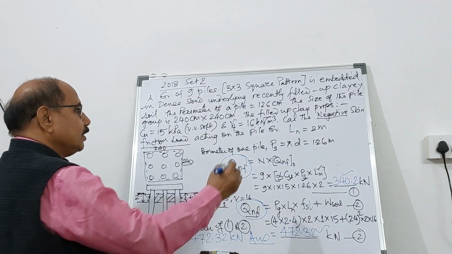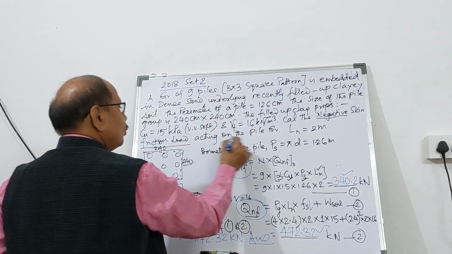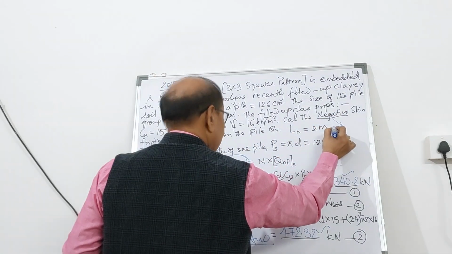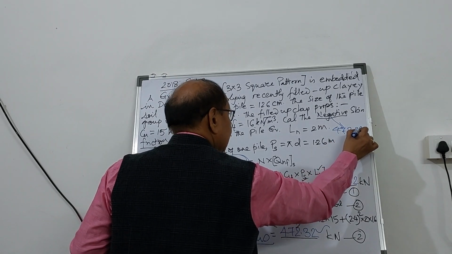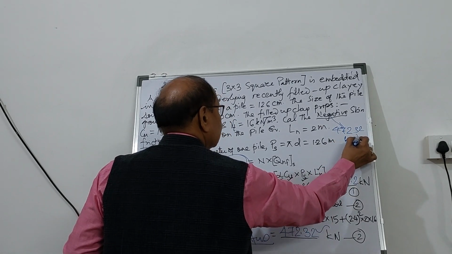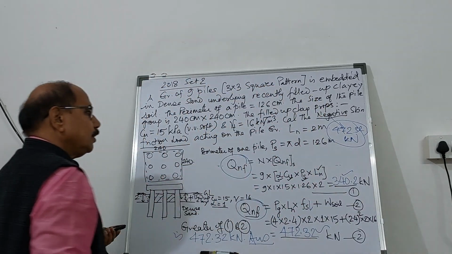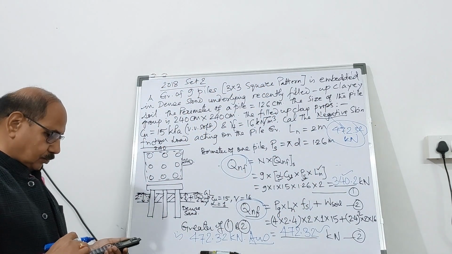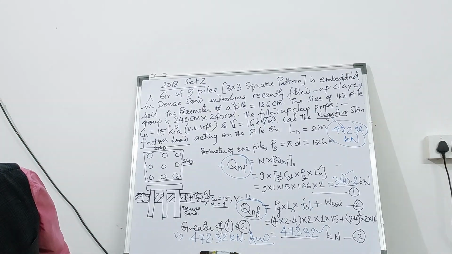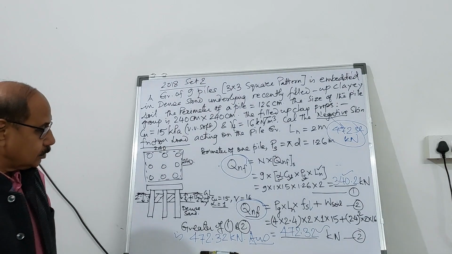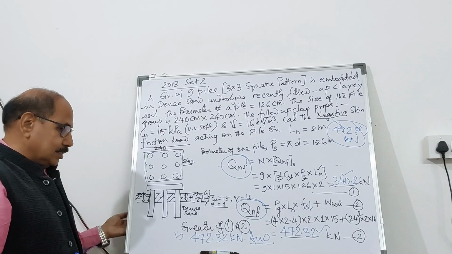So the negative friction load is going to be 472.32 kilonewton. Right? This is how we can calculate, and this is quite simple,